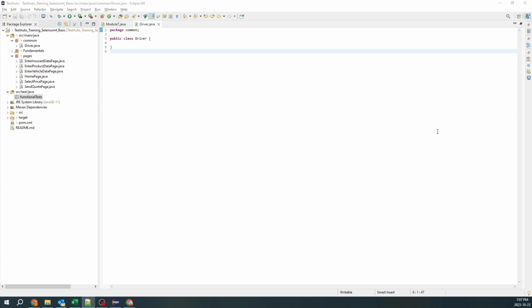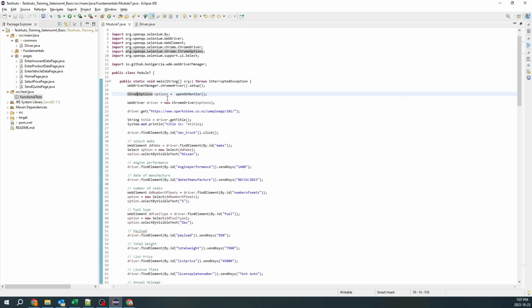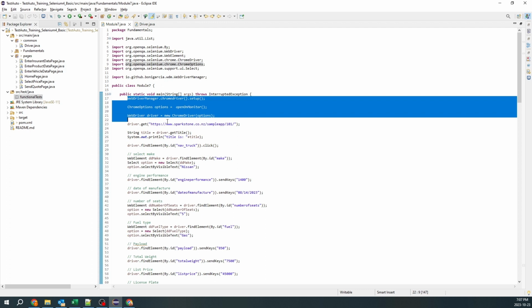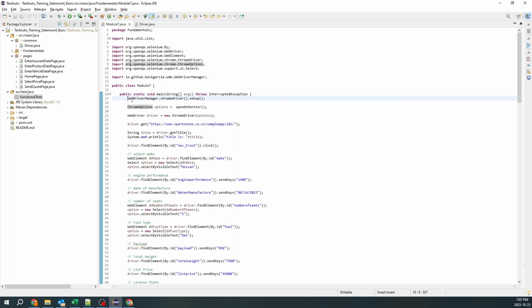Let's initiate with a driver class. Okay, so we are here and proceed through our code chronologically. This is our code so far that we created, and if I start analyzing it, the first part of our code, starting with the web driver,